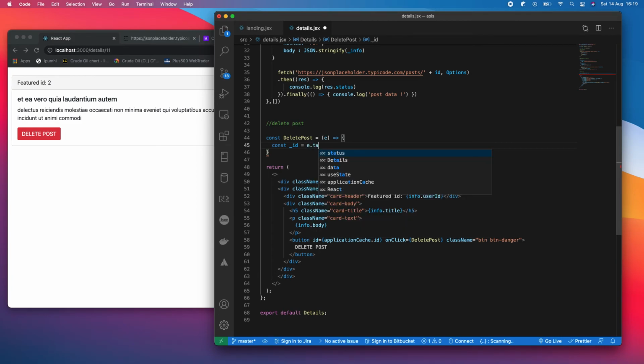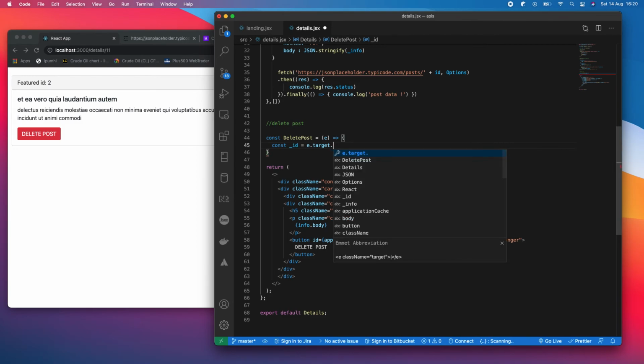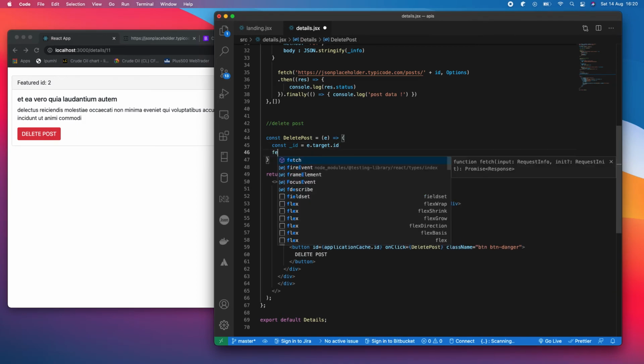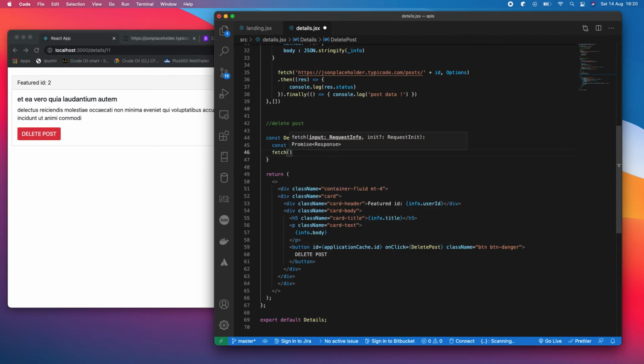e.target.ID. We're targeting the button ID. Then now we can say fetch. Then, to avoid doing a lot of posting, you can create a variable that can contain this link. Then we post it there, and now we are deleting where post